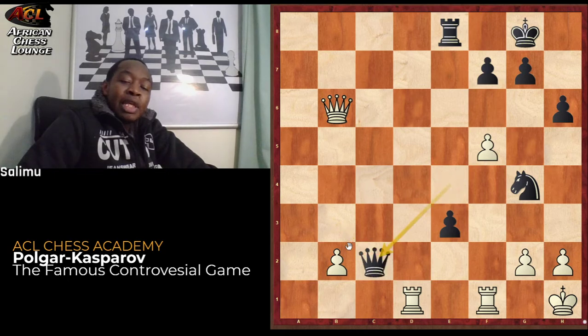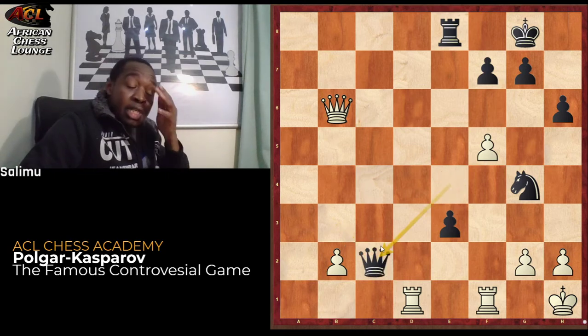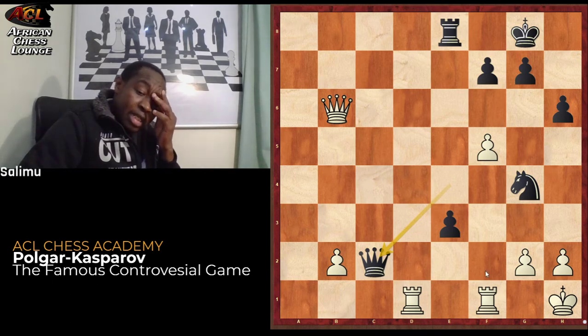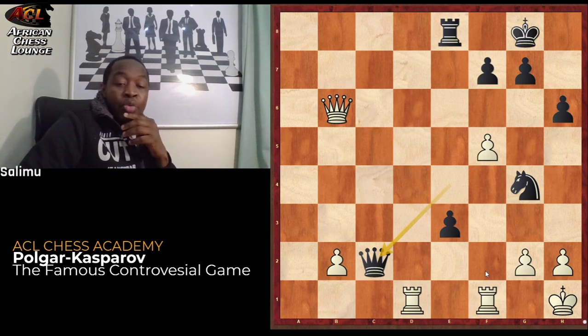bishop takes, queen takes. Although black is an exchange down, he's got so many threats. I mean, on an immediate basis, he's threatening knight to f2, check, and there is not much that white can do about it. He's also threatening e2, so you have to move this rook somewhere, and e2 is coming anyway, and this would be very uncomfortable for